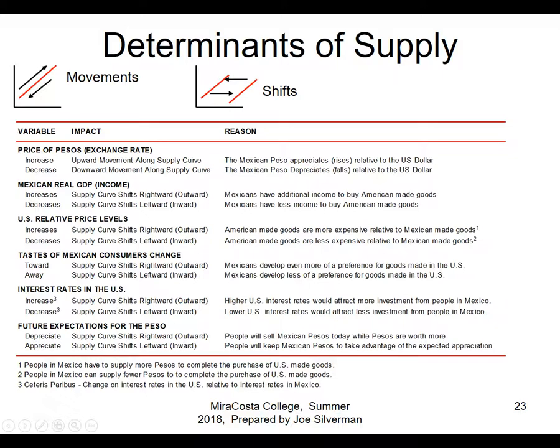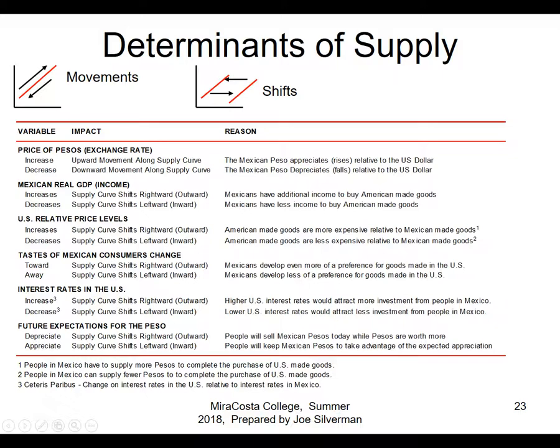All right, what about interest rates in the U.S.? If interest rates in the U.S. were to increase relative to interest rates in Mexico, then some people in Mexico might be more inclined to put their money in the United States. So they'd have to exchange pesos for dollars, and we show that as a rightward shift in the supply of